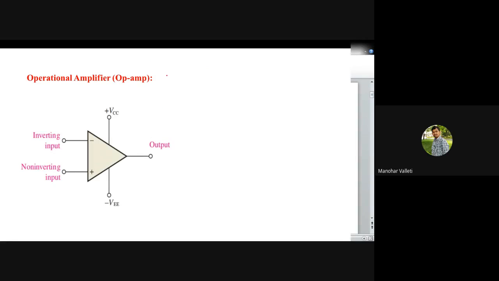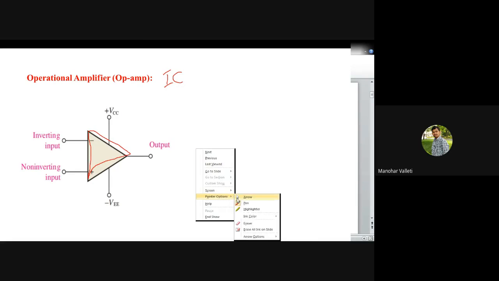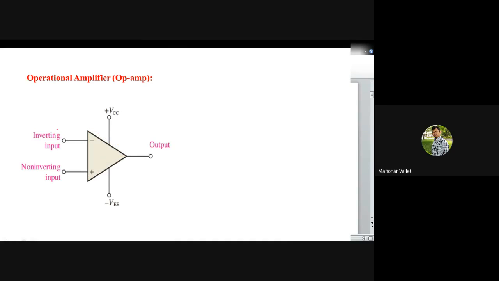If you see the operational amplifier IC, this is the symbol of the op amp. You see, the operational amplifier will have two inputs, two power supplies, and one output. You may ask, sir, whether an amplifier needs to have two inputs. No, an amplifier will have only one input. Whatever inputs we are talking about here, these inputs are AC inputs, and whatever power supplies we are seeing, these are DC.